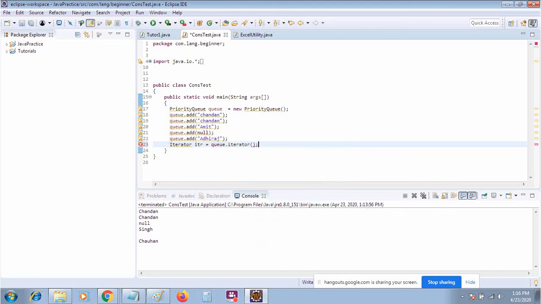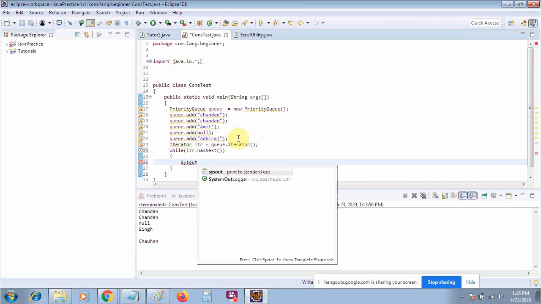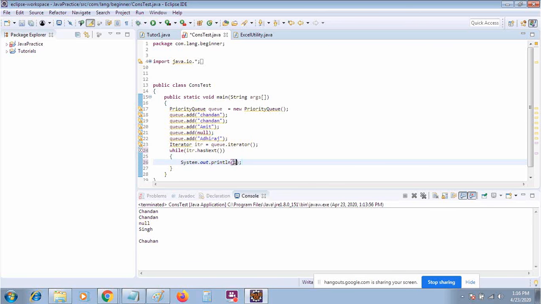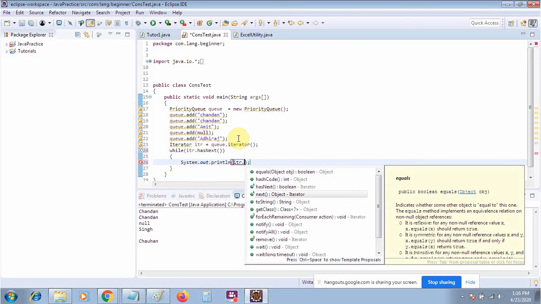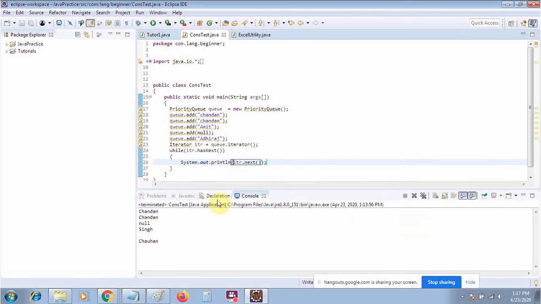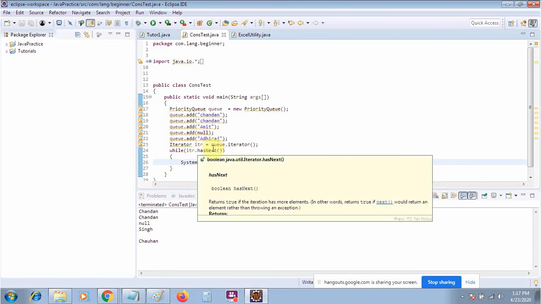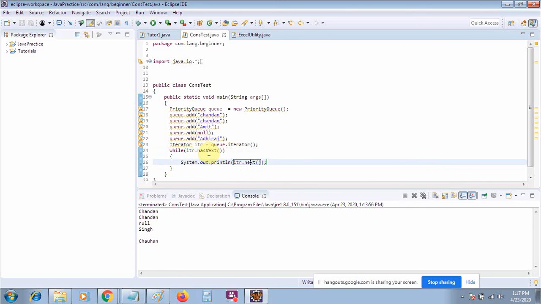Again I will use the same while loop, and I'm just printing all the values. Until the iterator has next, just print all the next values. The iterator has only three methods, and we will not use the third one. I will let you know about it in detail in the data structure part.